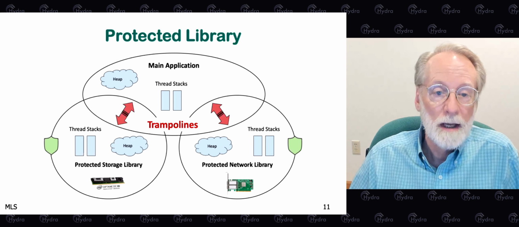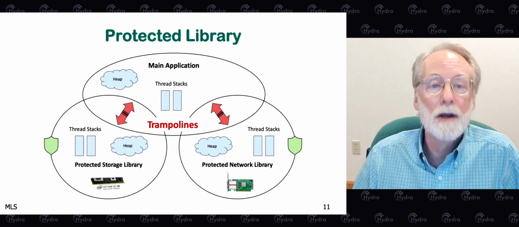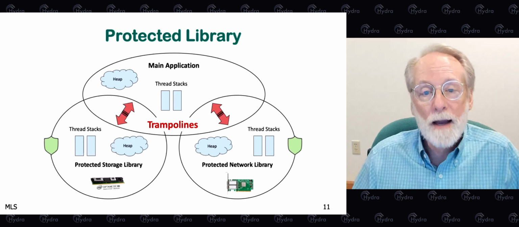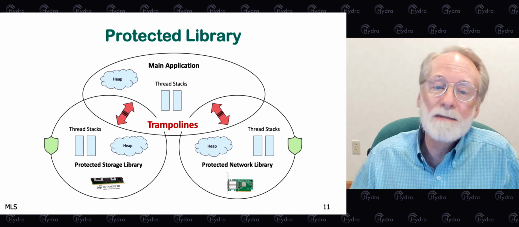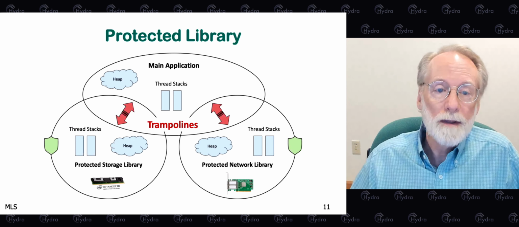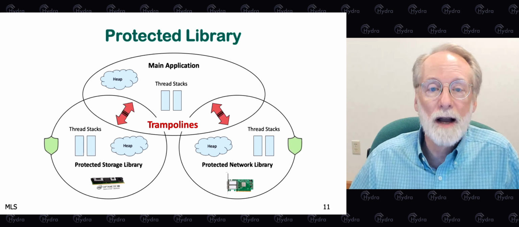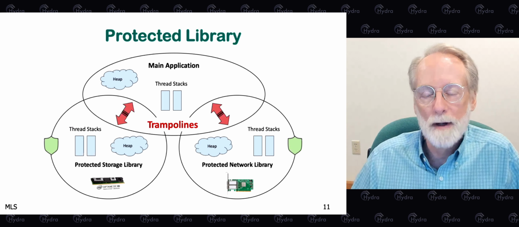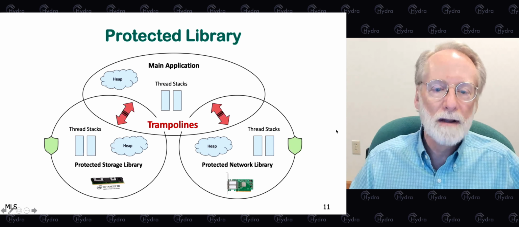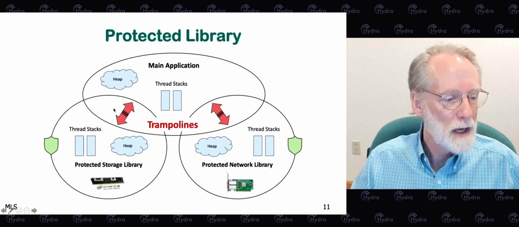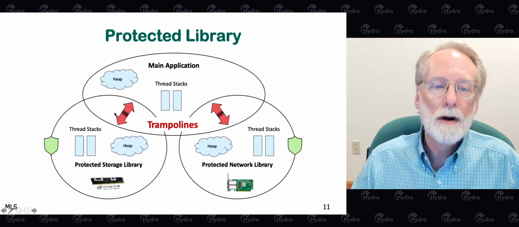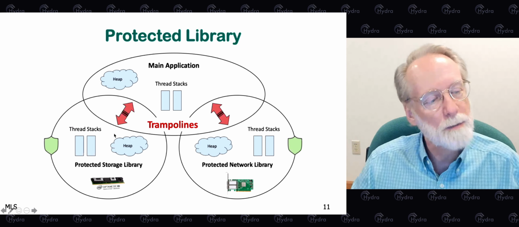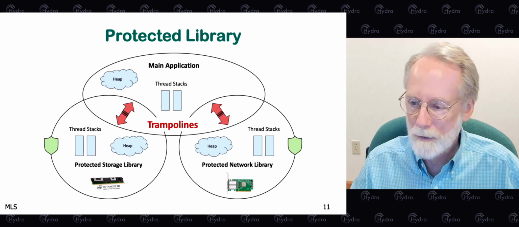should be enforced. This way, if we trust the library code because it's been developed by super users, and we then link that library code into the application in some special way, we'll make sure that the application can only touch the device when it's doing it following accepted protocols as implemented by the libraries. And that change in ability to access resources is enforced by these trampolines. Those are library calls that change permissions, library interface code that changes permissions as we go into the library code.